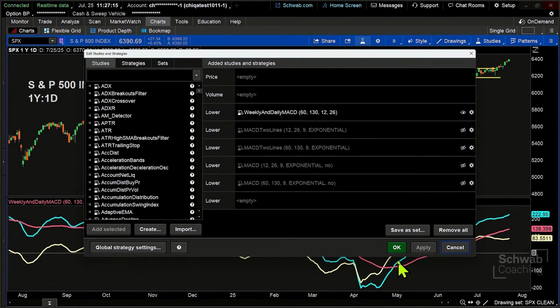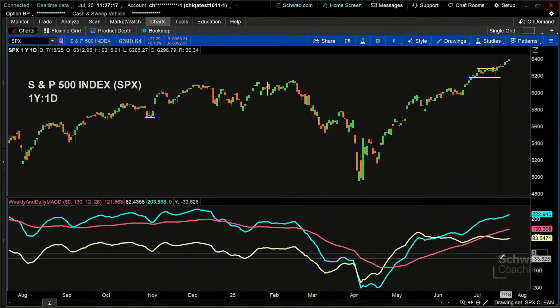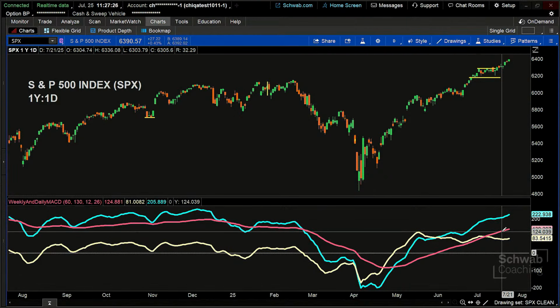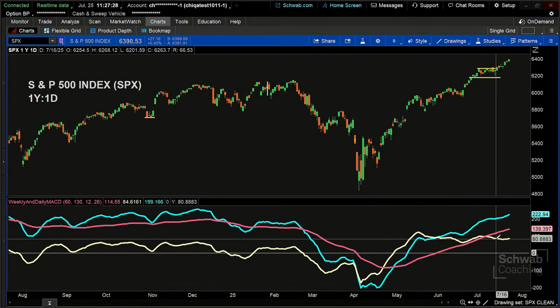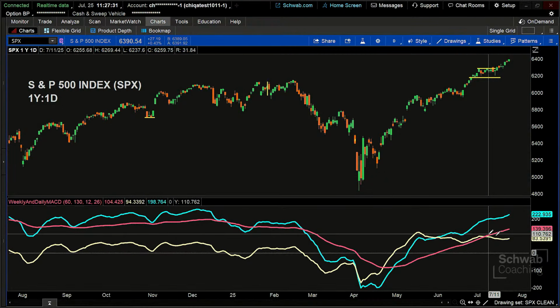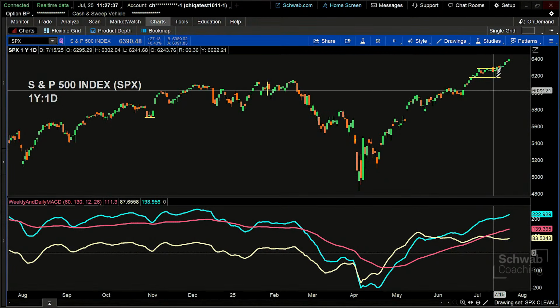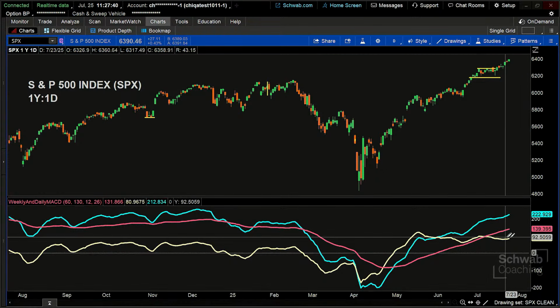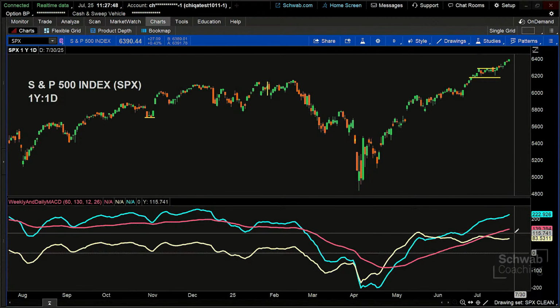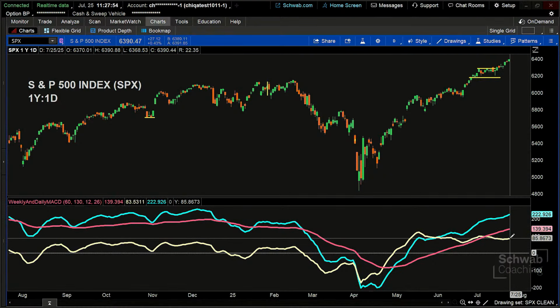Now, what this tells me in terms of practical use is I've got a weekly MACD that's moving higher. I've got a daily MACD that's moving sideways, and momentum is diverging a little bit. So nevertheless, I might have this breakout of price, but overall in the shorter term, momentum is starting to wane somewhat. So in terms of taking a breakout or looking for an entry into the trade, I might wait until perhaps that daily MACD indicator was starting to confirm the direction of the sum of those 2.